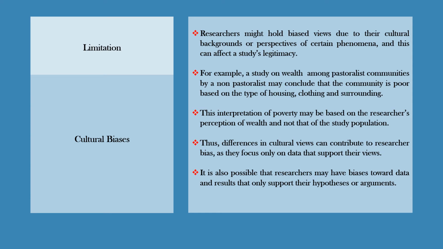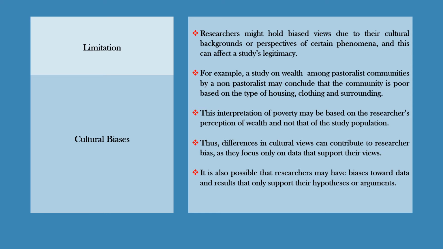in terms of environmental improvement, the same household may be owning as many as 10,000 heads of cattle in the field. Assuming, for instance, that each animal costs 20 or 25,000, then we're saying that that particular household wealth in terms of livestock possession alone might be in the region of over 200 million. So that interpretation based on what is observed might not reveal the actual picture of what the situation is on the ground. This is because of the perception of the researcher regarding what wealth and poverty means based on their